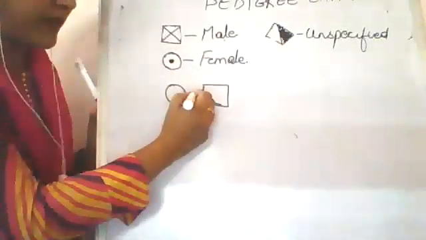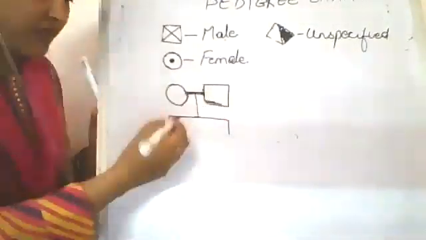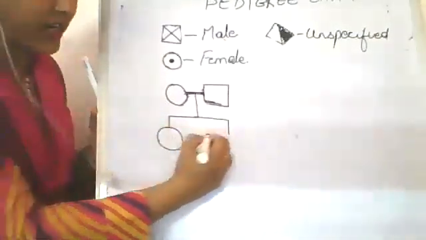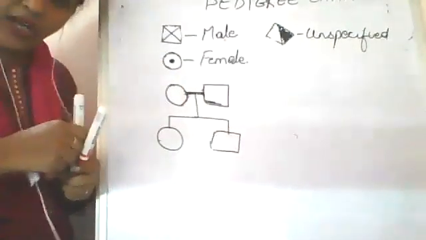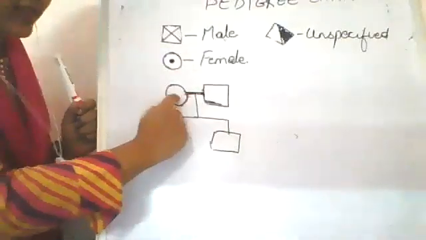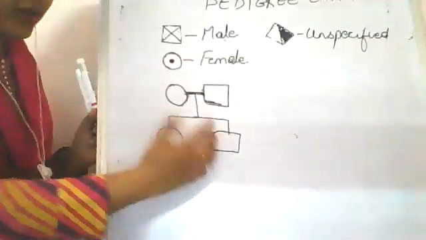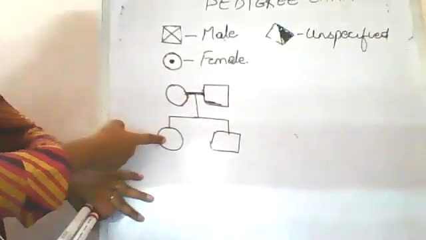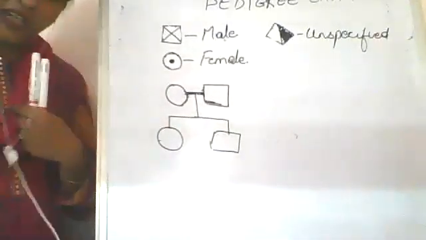How will I mention that? I will mention it like this. The elder was a female, so on the left hand side goes the female, the elder child, and the younger child goes on the right hand side. So whenever we are drawing children, we draw them like this: these were the parents, these had these 2 children, and looking at this, I'll come to know the girl child was elder and the male child was the younger child. Okay, is this clear?